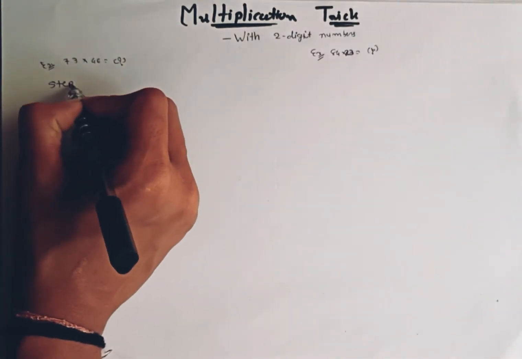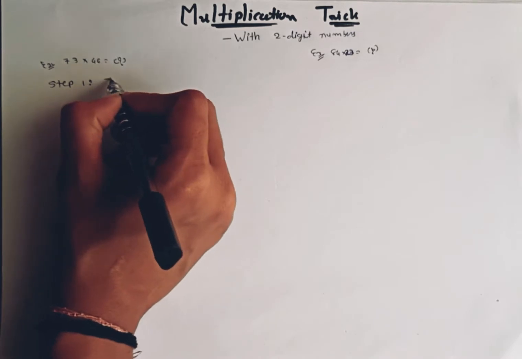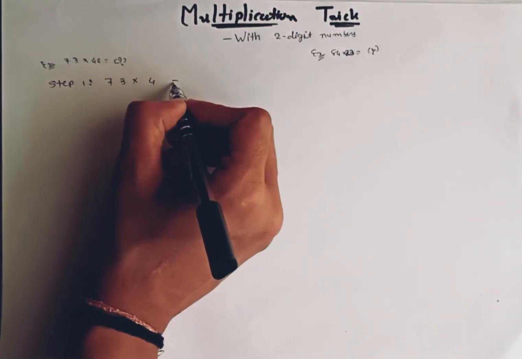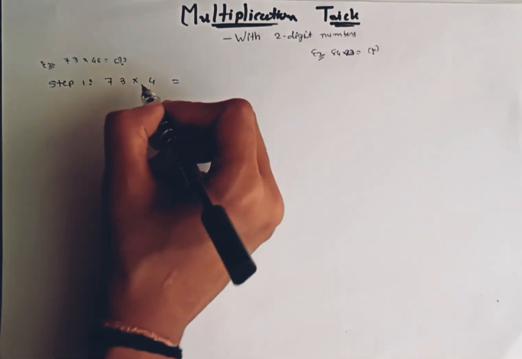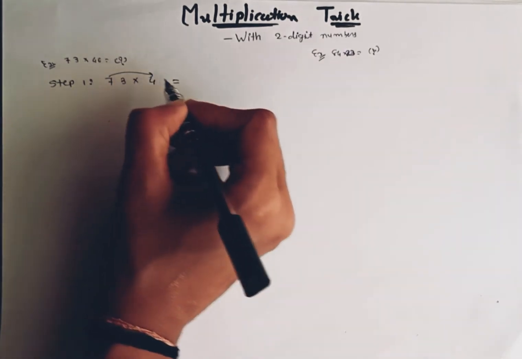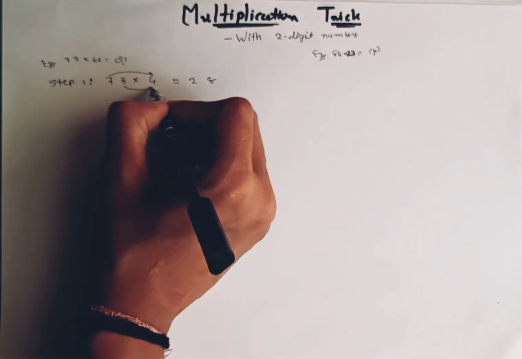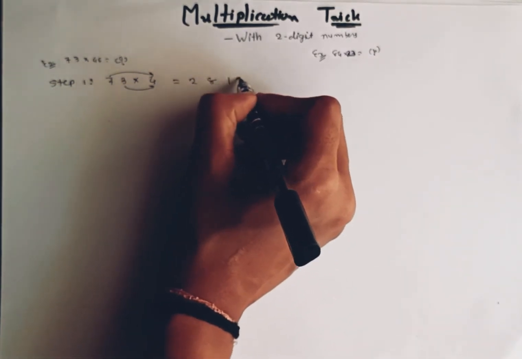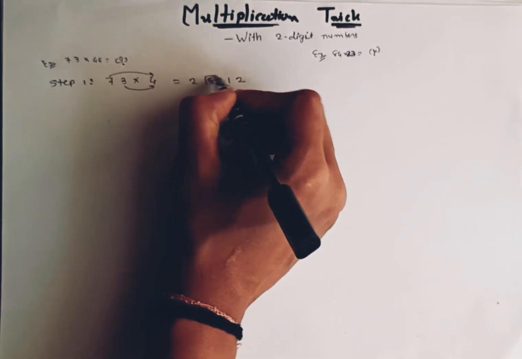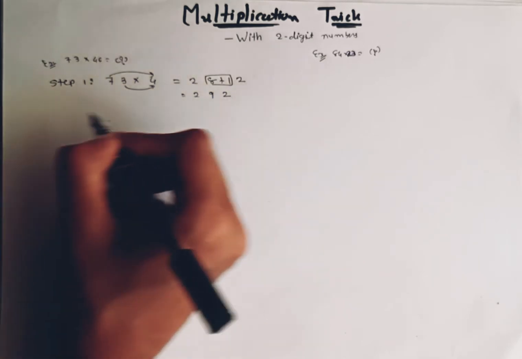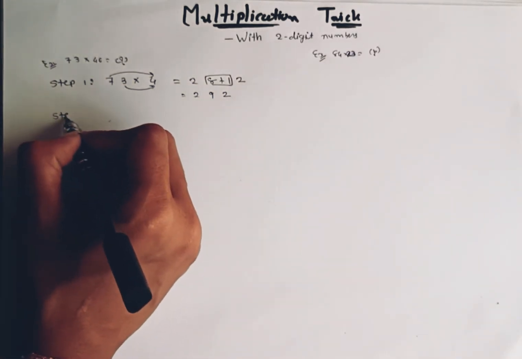We solve some examples. 73 cross 46. Step 1, 73 cross 4 is equal to, 7 4s are 28. 3 4s are 12. So 8 plus 1. Answer is 292. And step 2,